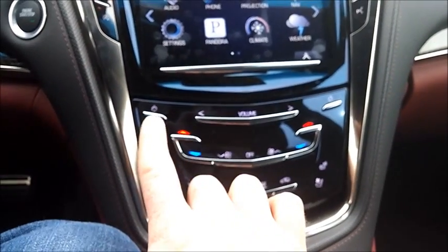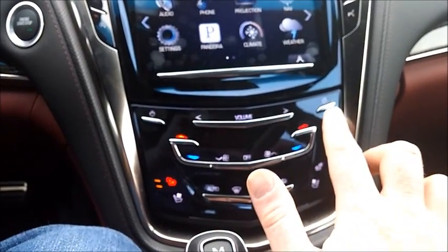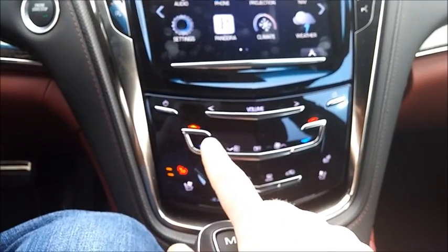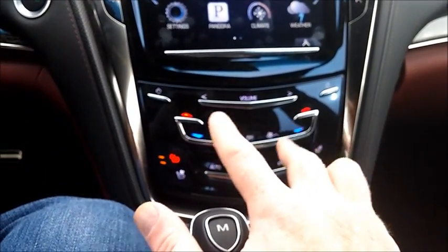So you have basically your mute button. It turns your radio off. Volume here. This is the home button that brings you to that home screen on the menus up there. Down here you have your climate system, so you can set the temperatures and all that good stuff, and some